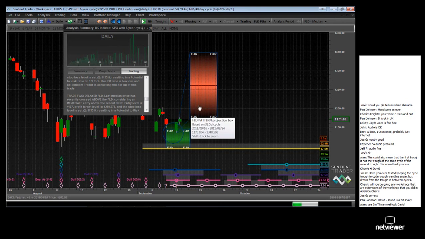That's up to you in terms of what trades you want to take. 2% is the default, and that is the recommended value. So Sentient Trader is not taking a trade in this situation, and you'll see that if we scroll down on the summary,